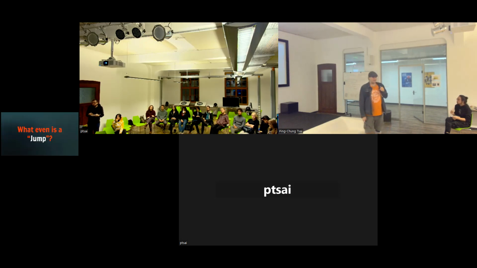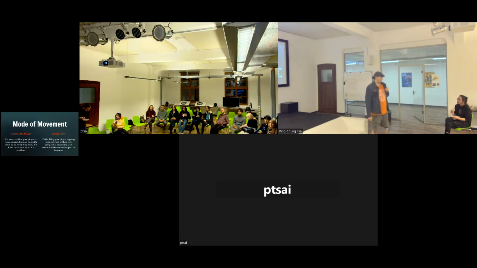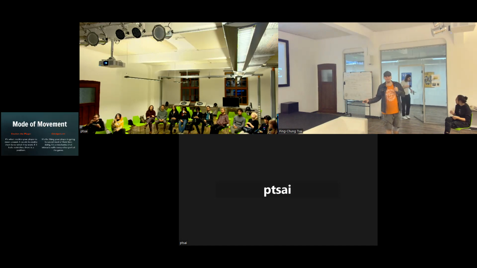And as you may have guessed from the topic of today's Forum Ludorum, I'm here to primarily talk to you about what is a jump. And just to very quickly put it out there, it's a mode. It enables the player to move around the game, to basically go where they want to go, etc. And that means if it's restricted, there's a problem.